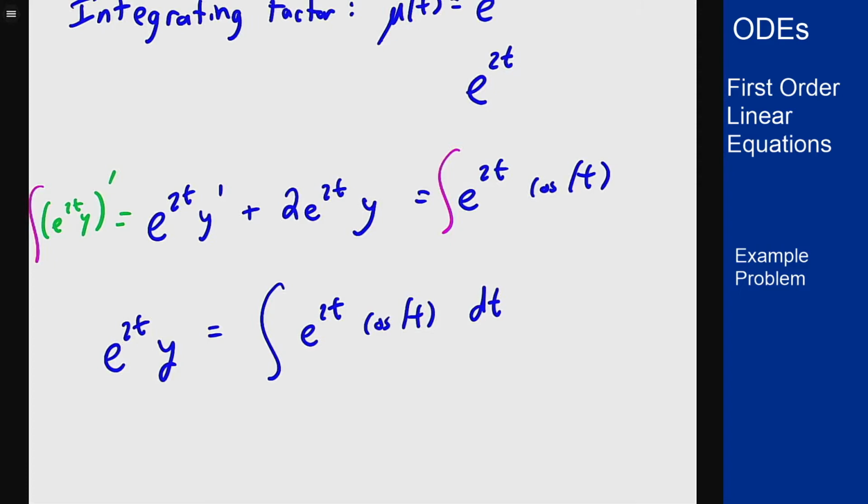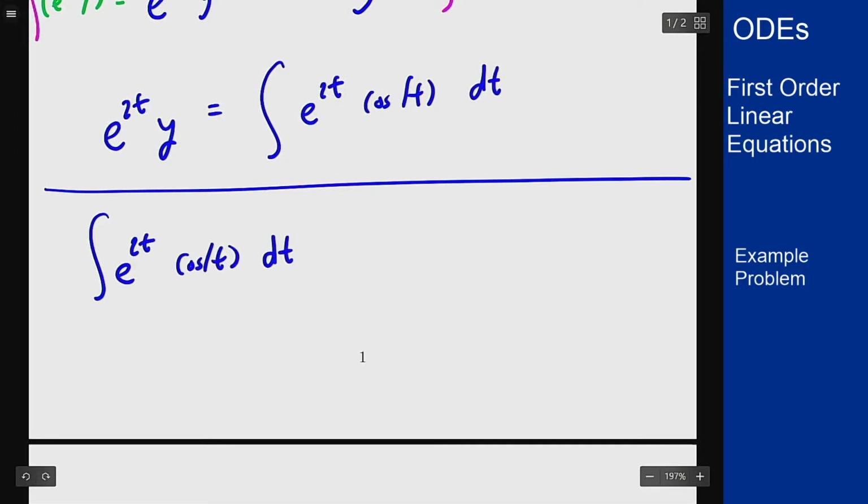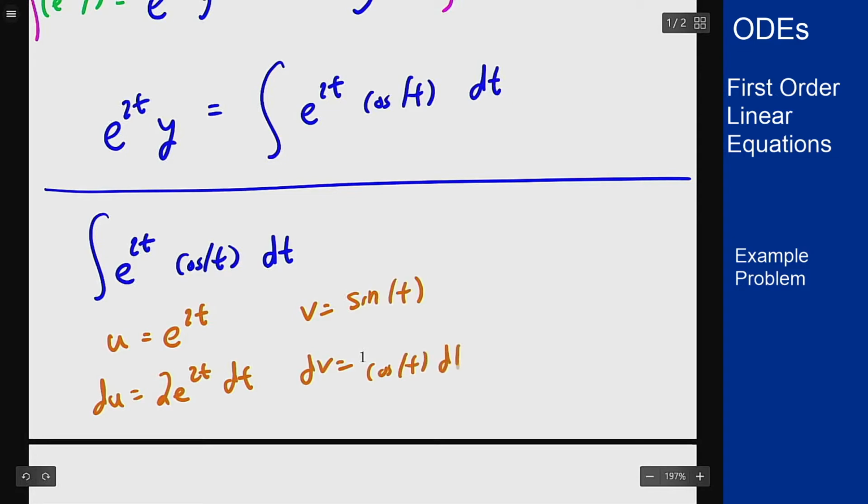And if you think back to the beginning of Calc 2, we saw these problems before. This is one of those circular ones. We have to integrate by parts twice to then get back to the original integral in the first place to get your answer. So as an aside here, we'll work out this integral. For this, I'm going to pick u to be e to the 2t, then du is 2e to the 2t dt. V is then going to be sine of t, because my dv is cosine of t dt,